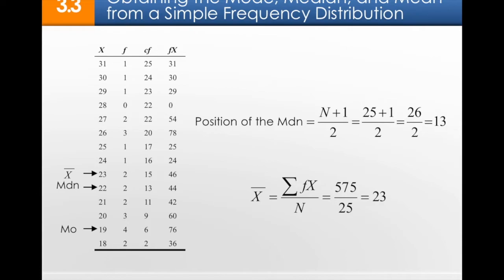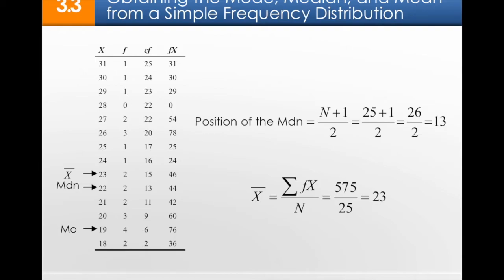So here we have a frequency distribution, right? So remember, X is all of our answers. So you can see they range from 31 to 18, okay? F is the frequency, how many times people gave that answer. So for example, 27 was given as an answer twice. CF is the cumulative frequency. So you could see by the top, we have 25 answers in our sample. Okay, and then we have